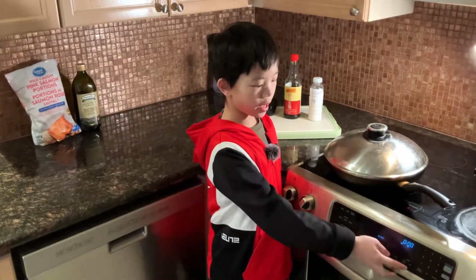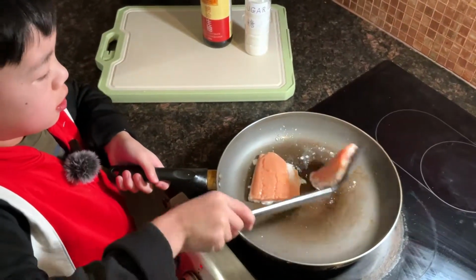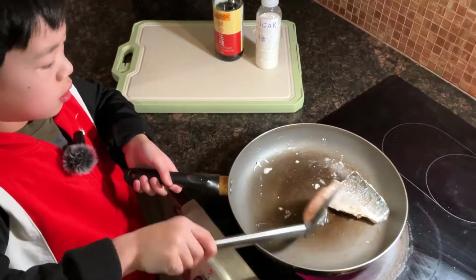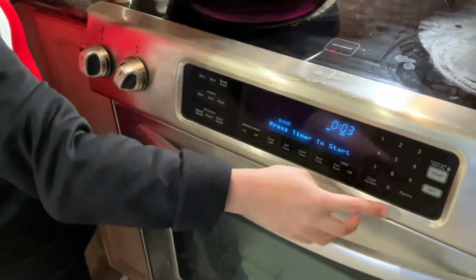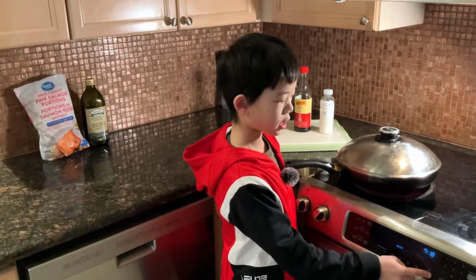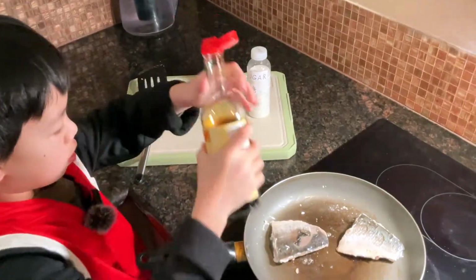A few minutes later. Now that the timer has rung, we can turn it off, lift the lid up, and as you can see, there's white stuff on it, so we're going to lift it up and flip it. Now we're going to put the lid back on and set a 30-second timer. 30 seconds later. Now that the 30-second timer has rung, I'm going to lift this up and add some soy